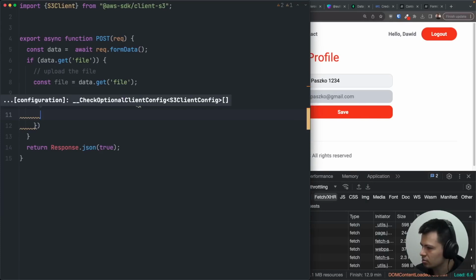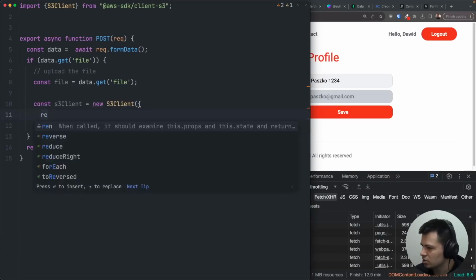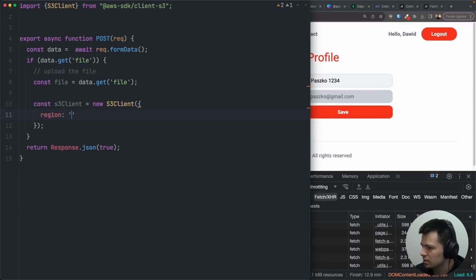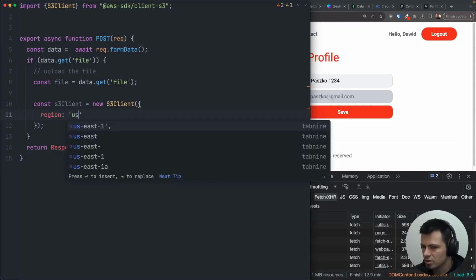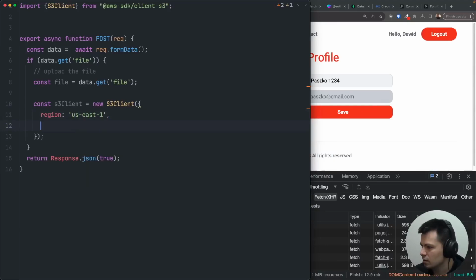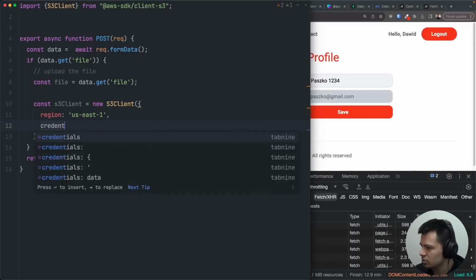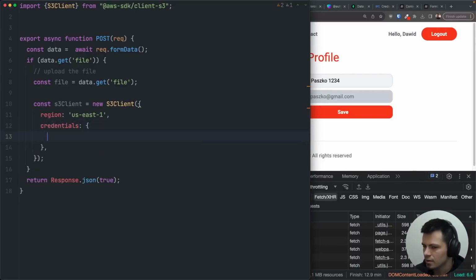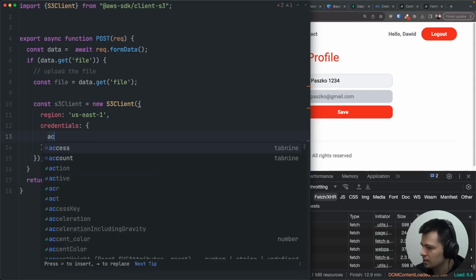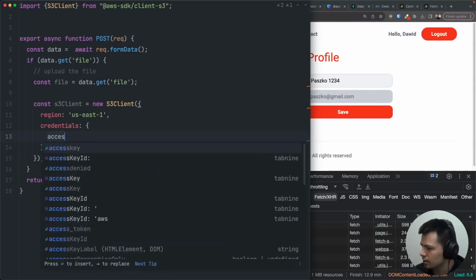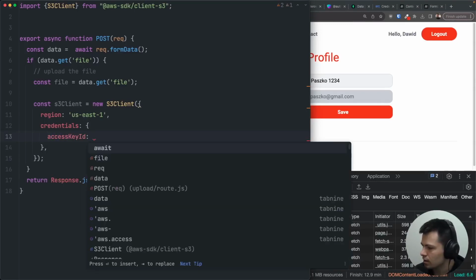Now we need to specify some information about this client, like region. When you create a bucket, you select a region. I always select the default one, which is US East 1. And then you also need to have credentials for your client. And here you have access key ID, and